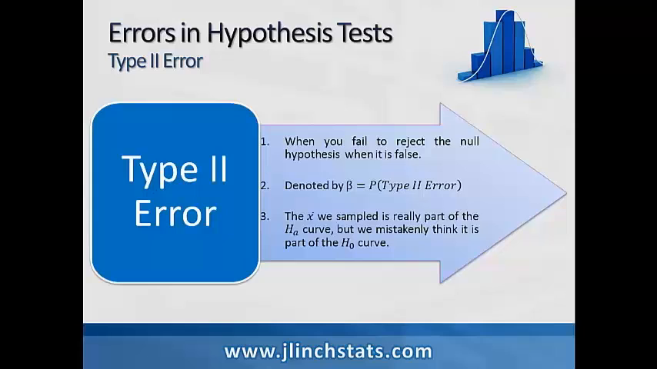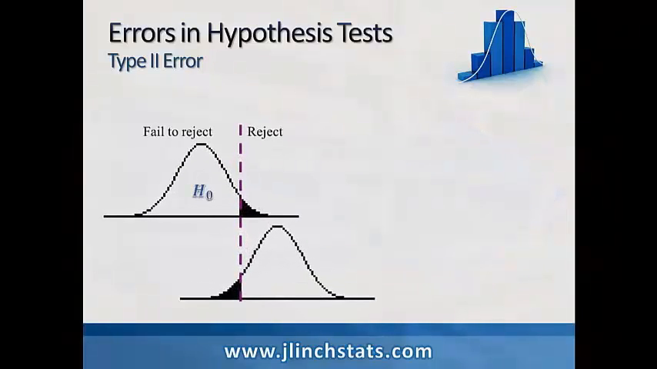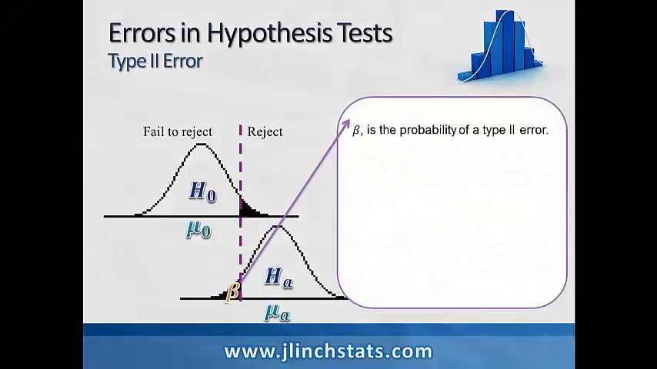So we weren't able to conclude that there was sufficient evidence to suggest HA. However, we later found out that HA really was true. We failed to reject, we made an error. That X bar value really belongs to the graph of HA. Once again, here are our two graphs. We have the graph of H0 on top and the graph of HA on bottom. Now